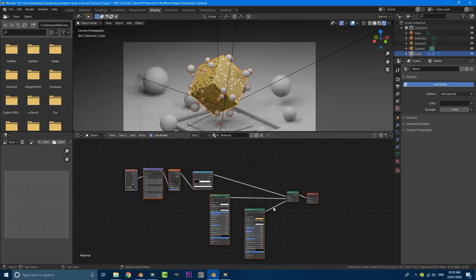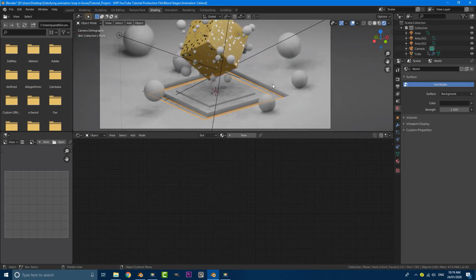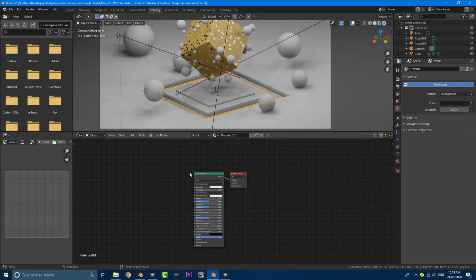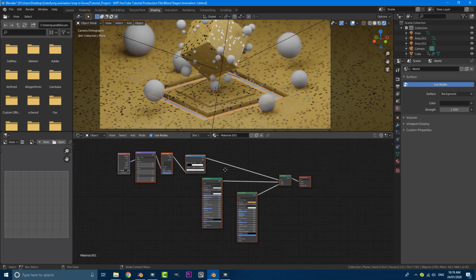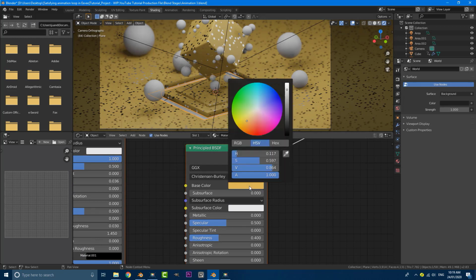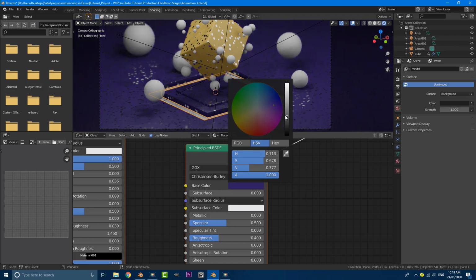So I'm going to hit A to select all of these, and then go Control C to copy them. So Control C, and then I'm going to select the floor over here, this guy here, and then I'm going to go New, and I'm just going to select these two by going A, select, and then X delete. And then I'm going to go Control V, and I'm going to paste all of these nodes in. And then all I simply have to do is come in here and mess around with the color till I get something I like. And I'm going to go with kind of like a dark kind of purple, like that